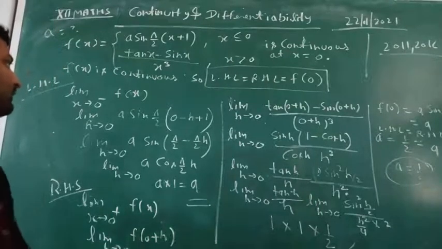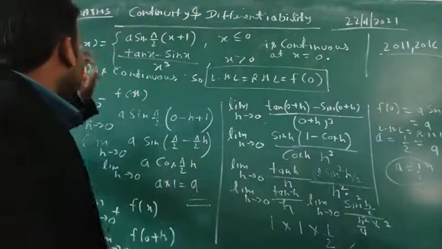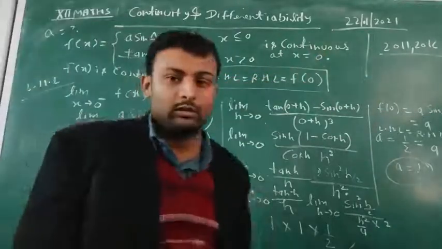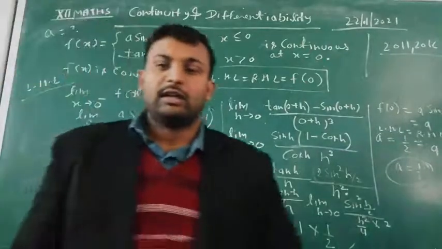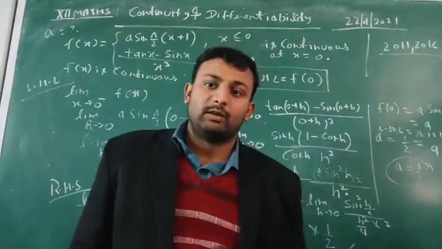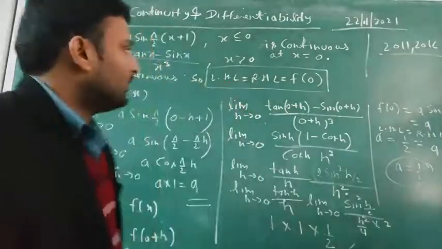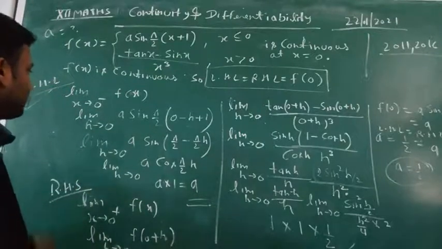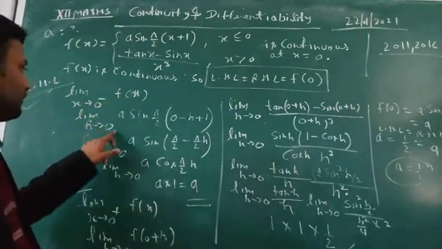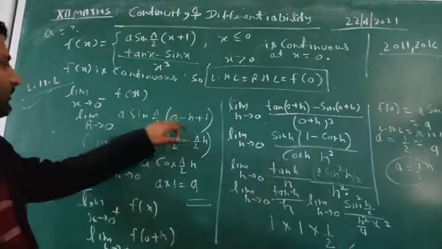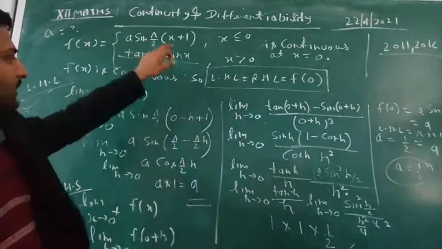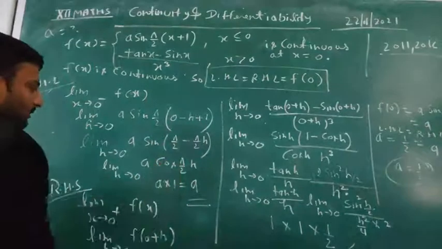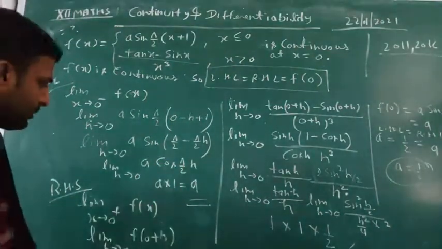So let's see once again student what we have done. Our question says that find the value of a when this function is continuous at x is equal to 0, and you know that if a function is continuous, it means that its left hand limit, right hand limit and value of the function will be equal. Okay, now we find its left hand limit, so limit x tends to 0 minus f(x). When h tends to 0 we write a sin(pi by 2 (0 minus h) plus 1), because x is replaced by 0 minus h. So when we simplify this, we get cos(pi by 2 h). So a is a, okay, left hand limit is a.